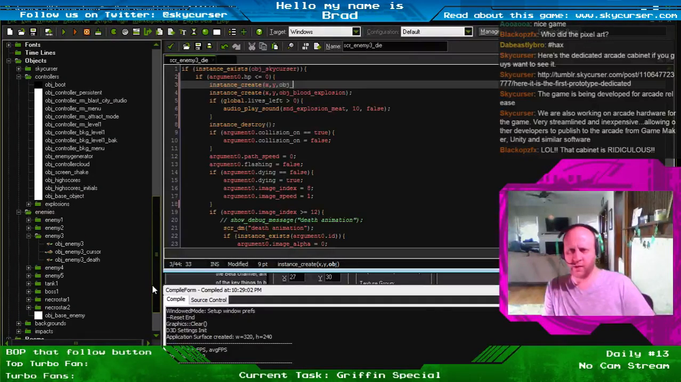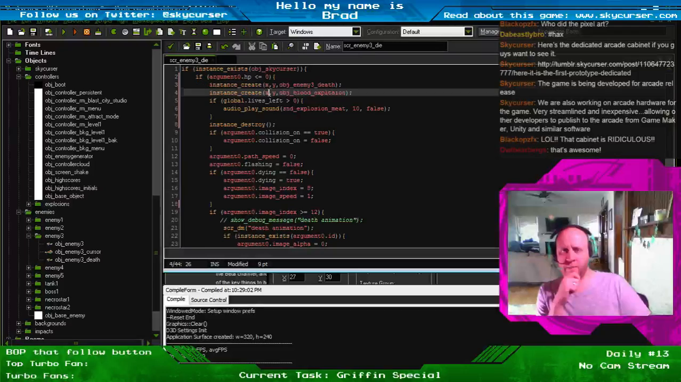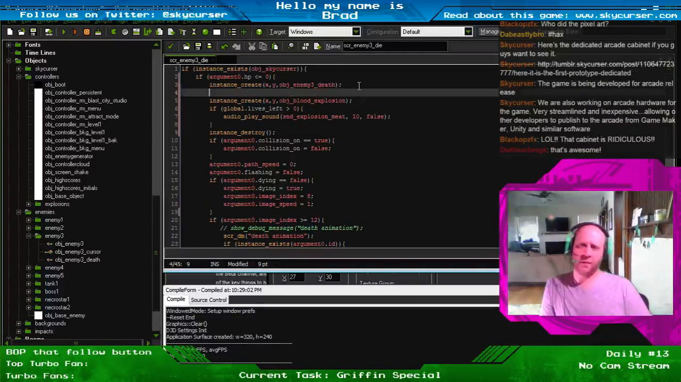Specifically, object enemy 3 death. Enemy 3 death. So it's going to create itself right here. The explosion. I think I'm going to let the explosion occur at a random place. Random x equals... let's do choose. No, let's... it's not range. Random range. Random range between